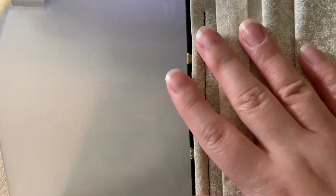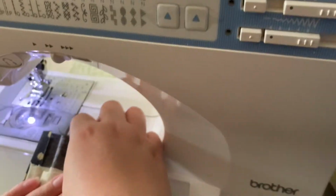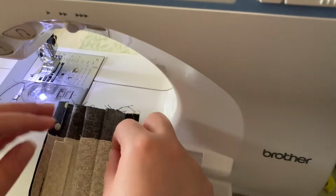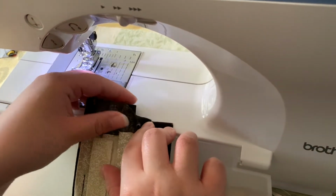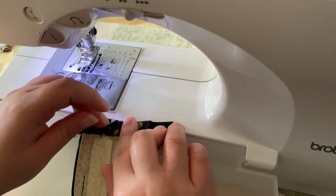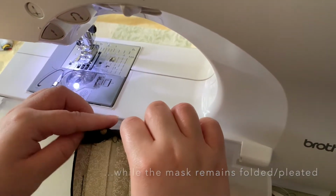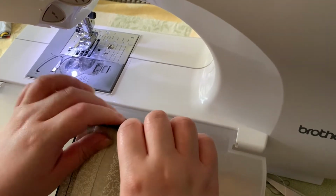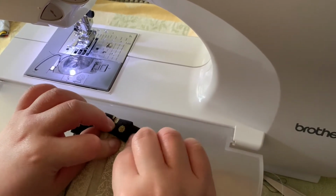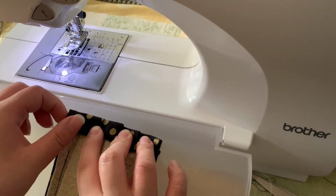Then after that's done, we're going to flip our fabric over again. Make sure your filter pocket is straight. As you can see, mine isn't here. And then I'm going to take the side of the main piece of fabric and I'm going to fold it down once up until the edge of the inner fabric, and I'm going to fold it one more time so that all of the raw edges of the fabric are tucked inside, and then I'm going to sew across